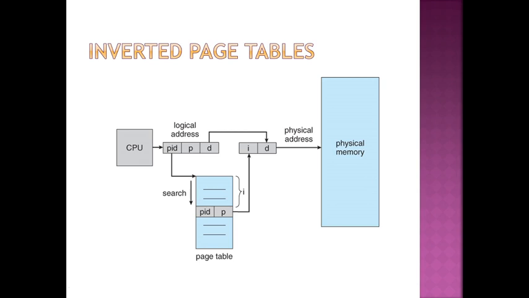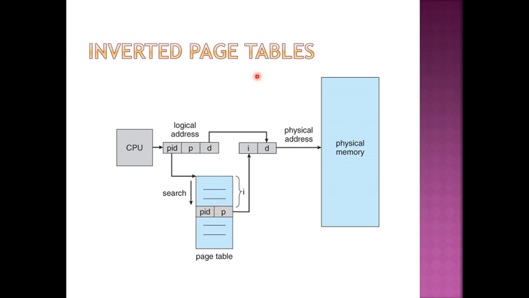The last page table structure that we'll be discussing is the inverted page table. Before understanding inverted page tables, just recall that when we were discussing implementation of page tables, I told you that for every process a page table will be created. Now if I tell you to look for the 5th page with the 15th offset, in which page table are you going to look? Because I haven't told you which process I am talking about.